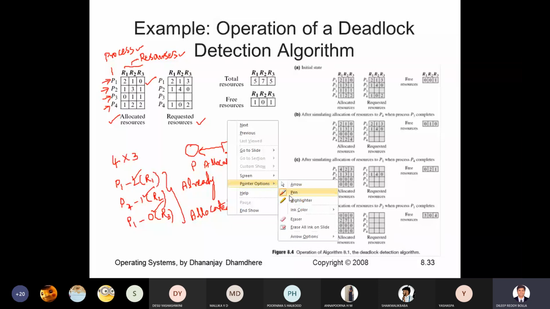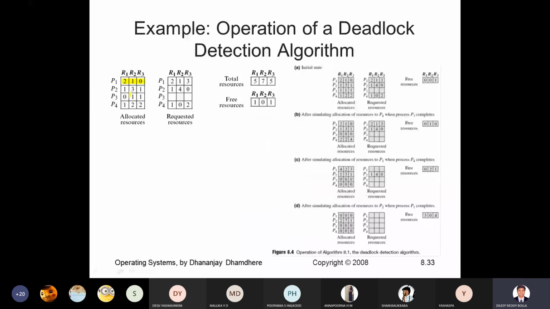If you look at this one here, we have process one and the corresponding resources highlighted. These are allocated resources. As I told you, allocated means from or to: from the resource, it is given to the process. Whereas this one here is requested resources, and this one is allocated resources. Similarly, P1 is requesting 2, 1, and 3: 2 for R1, 1 for R2, and 3 for R3. Like this, it has requested.